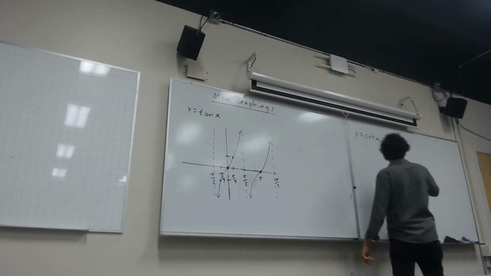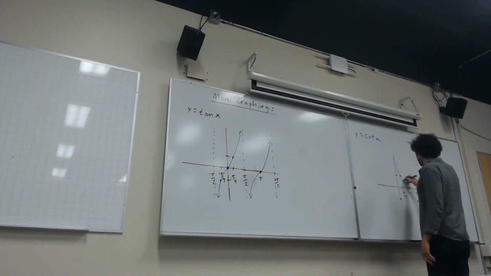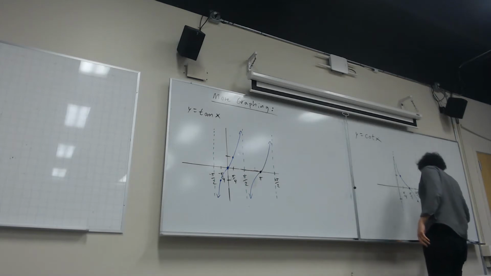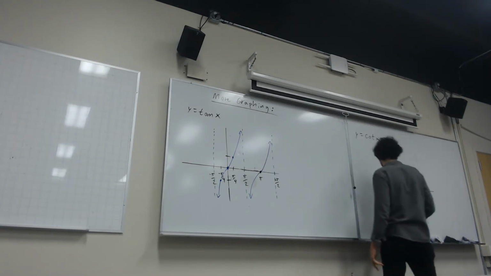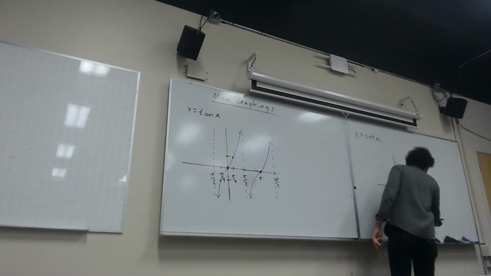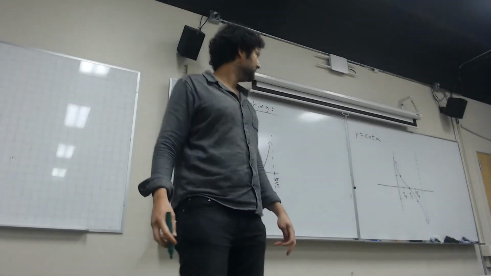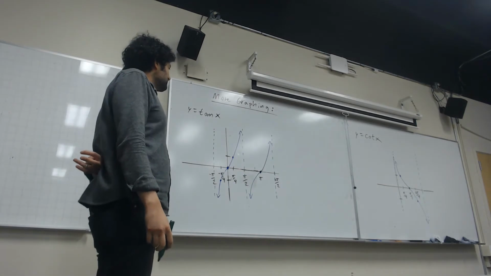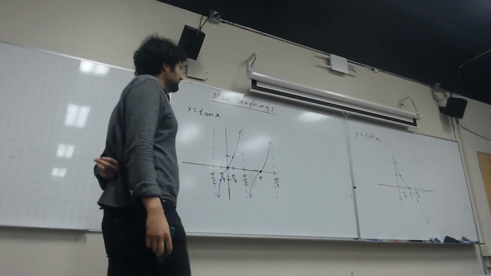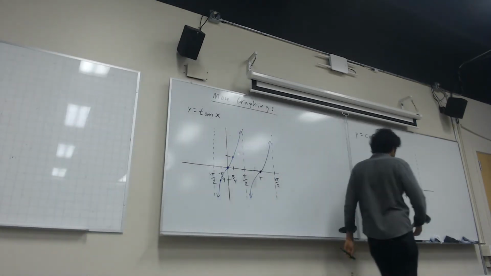So here is cotangent now. One full cycle for cotangent. It's from 0 to pi. This is pi, but we got to leave